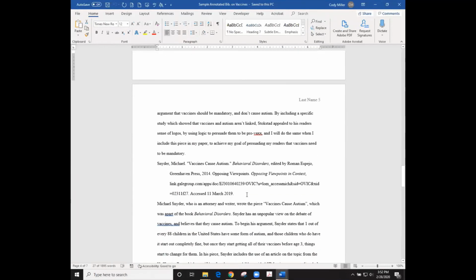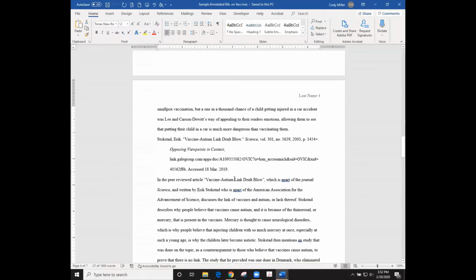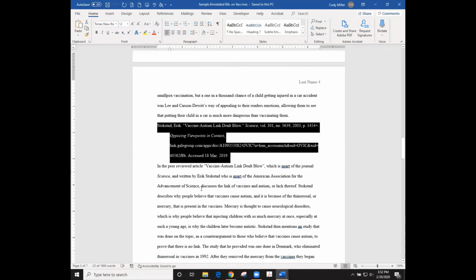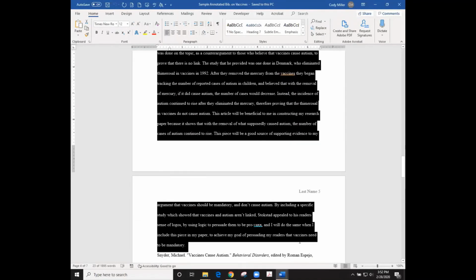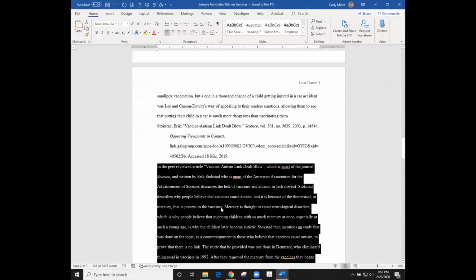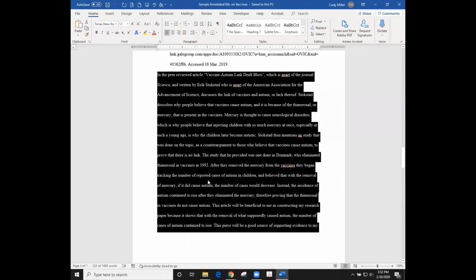So when you're looking through these type of annotated bibliographies, you're kind of looking for four particular elements. Do you have the proper works cited entry like this? And then do you summarize the article below that works cited entry by focusing your attention largely on a summary that contains the thesis, any main points of that article that you plan to use in your paper, how you plan to use that article in your paper, and then sometimes your instructor will actually ask you to say how it affects the audience or how you anticipate that helping the audience understand your point better.